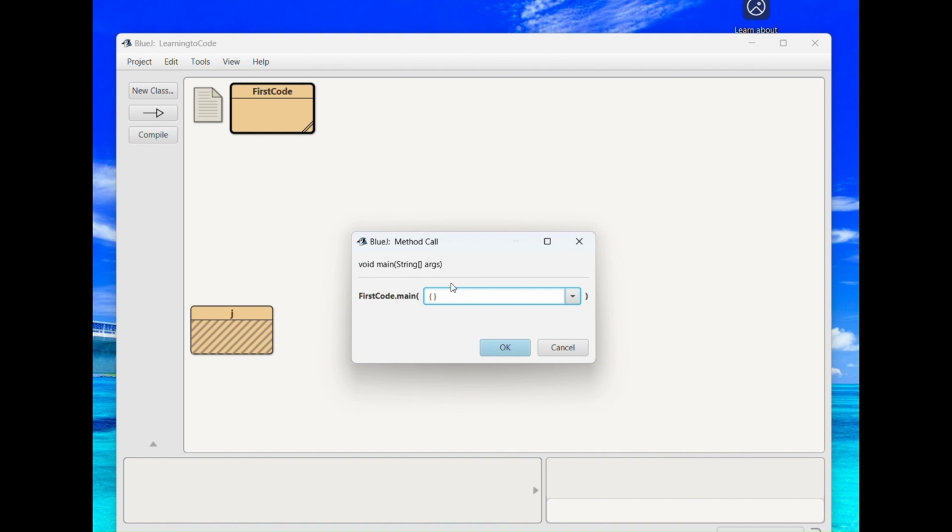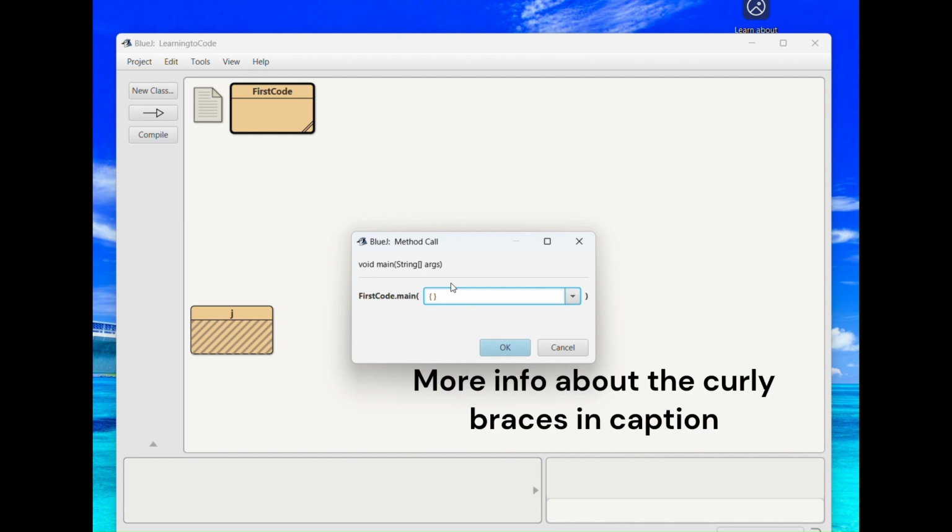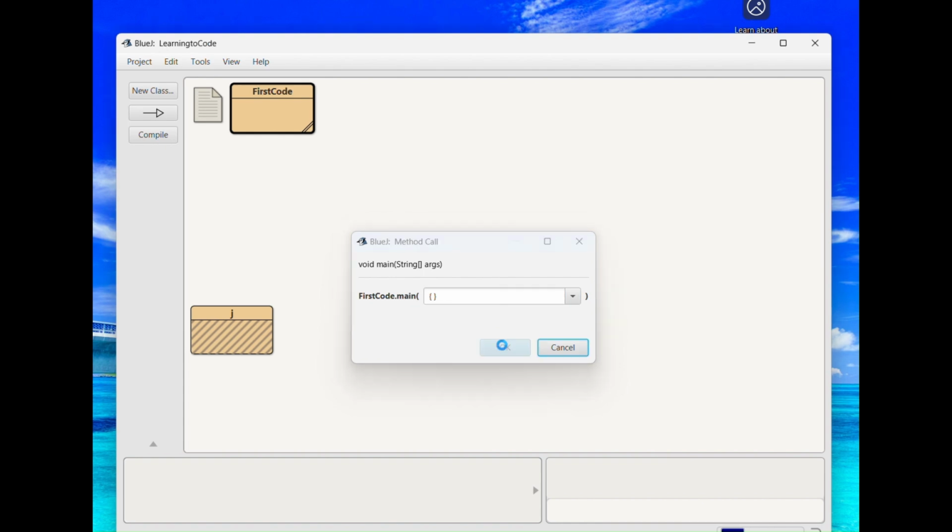It's found the main method, and we said that in Java you need that main method in order to execute. So BlueJ understands this and allows us to execute. The curly brackets are blank for now. You'll figure out why later. And if we hit OK,